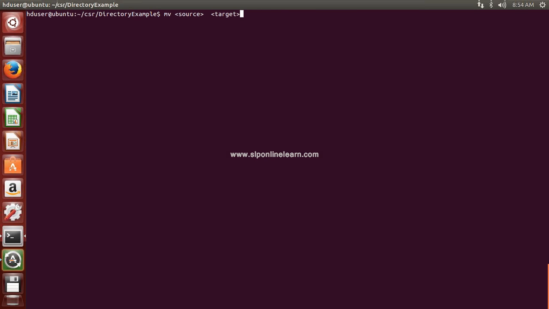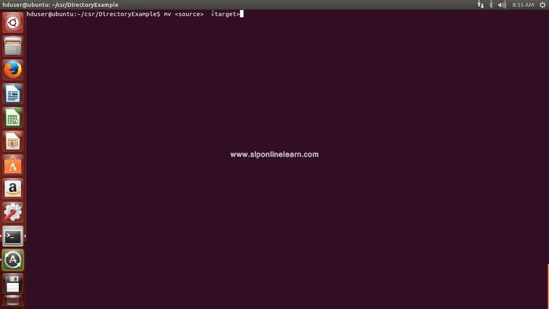If it is your present working directory, no need to specify any path. If it is not your present working directory, you have to specify the path of the file or directory. This path can be an absolute path or a relative path, anything.